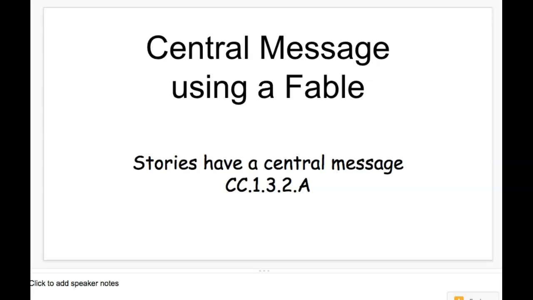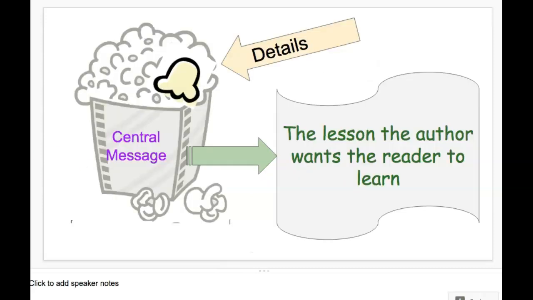Hello, boys and girls. We are looking at the central message. Again, we will be using a fable. Let's review central message. On Tuesday, we looked at this little diagram here, and it shows us the details are